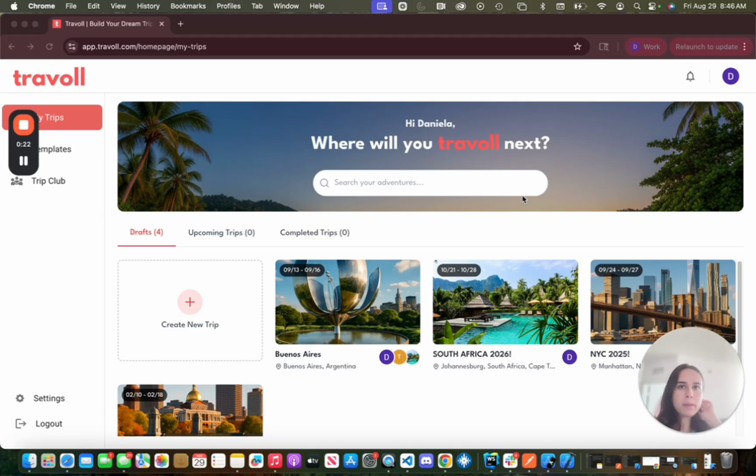Most people plan their trips on Google Docs or Google Sheets because they're collaborative tools, and then they call someone on Zoom, and then they share their screen, and then they have a million tabs open, and they're like, oh, what should we do? And then they copy and paste and screenshot and put it into their Google Sheets. And if this sounds in any way familiar, I do it or used to do it before Travoll, so that's kind of where this came from.